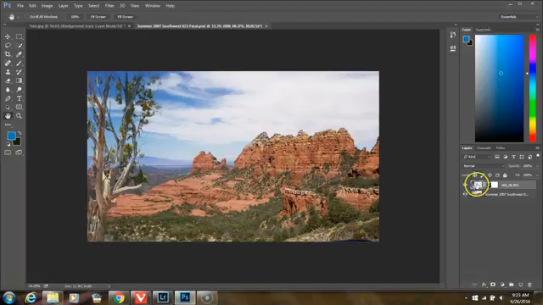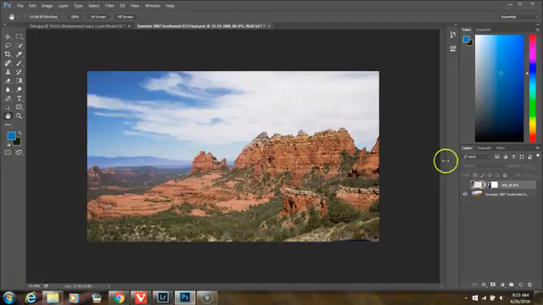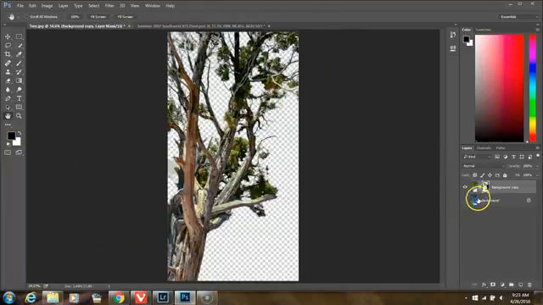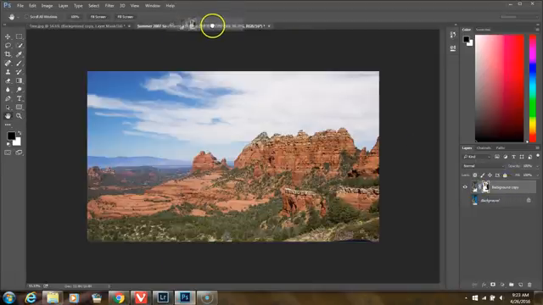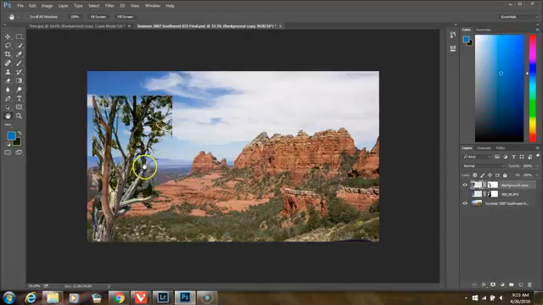Right, okay, so there's that. Let's turn this off and we'll replace it with this one here. So we'll just take this, we'll drag it up to there, and we'll drop it in over here. And free transform,